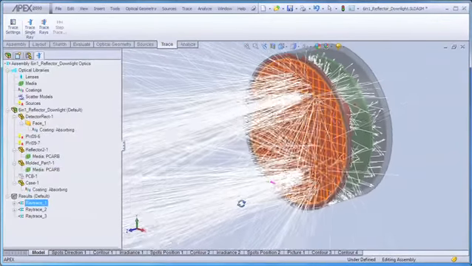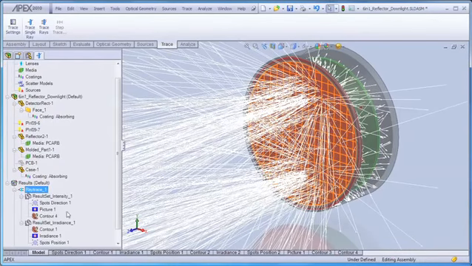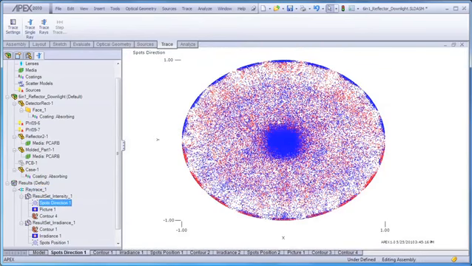Now in this case, we'll switch back to the first ray trace that we performed. And the first analysis that we did was to look at the far field intensity for our entire lamp system. And we can show a spots diagram in direction cosine space. And we can see that for our 2 LEDs, marked here in blue and red, that we have much of